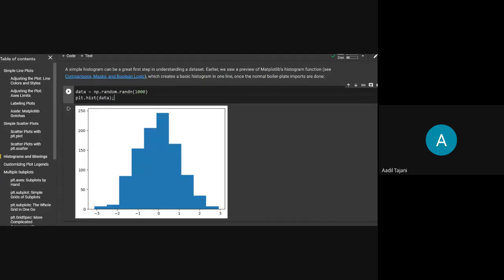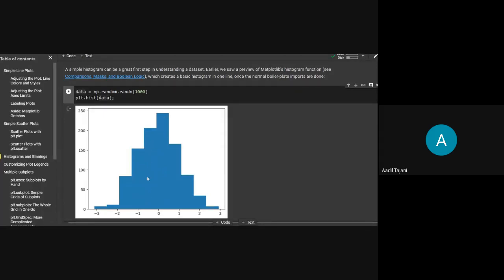So you'll pass just a list or any iterable in here, and you'll get this. This is the histogram. If you have seen the normal distribution, you get normalized data. I got a sample where the data is from around -3 to 3. And this shows me that from 0 to around 0.5, I've got about 250 data points in that range.